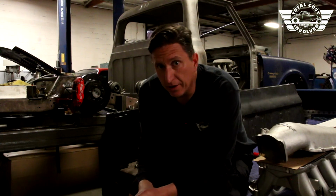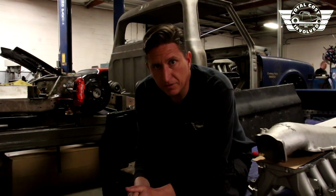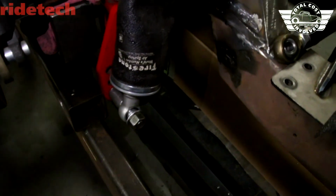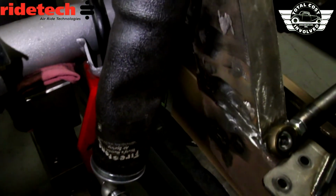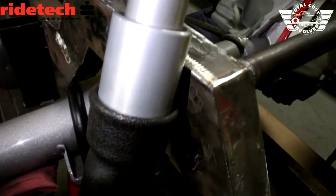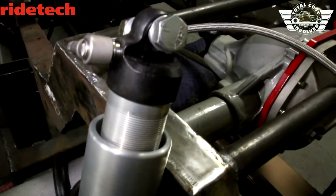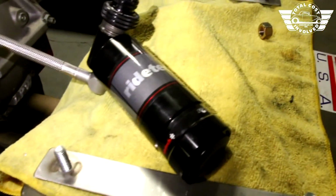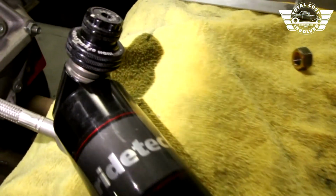When we were originally talking to RideTech about how we were going to set up the shocks on this thing, the thought was we were just going to run their track quality triple adjustable coilovers on it. The more we talked, the more we realized that, okay, yeah, we are going to be doing some towing with this thing, so we're going to do a bag over. One thing led to another. They said, let's just do the triple adjustable ShockWaves,